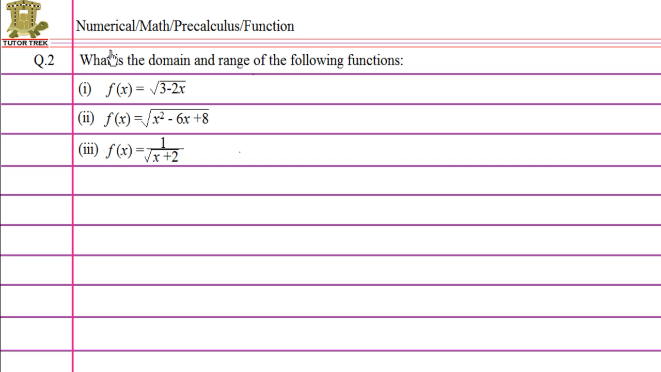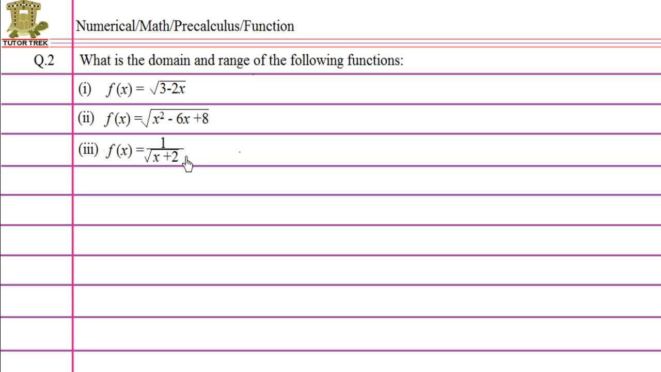In this session we study the numericals related to functions. In question 2, you see here: what is the domain and range of the following functions? There are three sub-questions here. The f of x is equal to root of 3 minus 2x, f of x is equal to the square root of x square minus 6x plus 8, and the third one is f of x is equal to 1 upon root